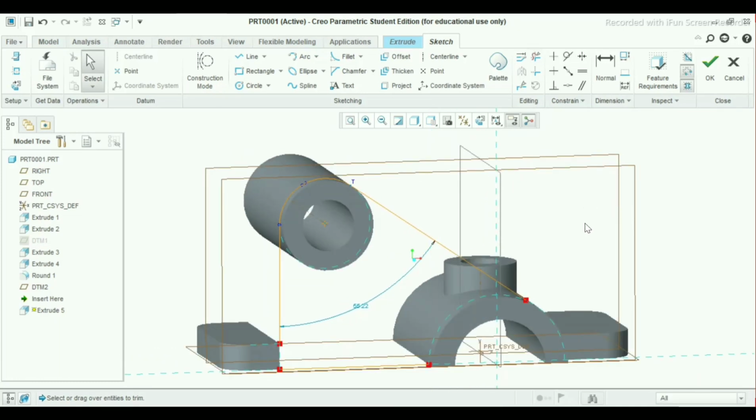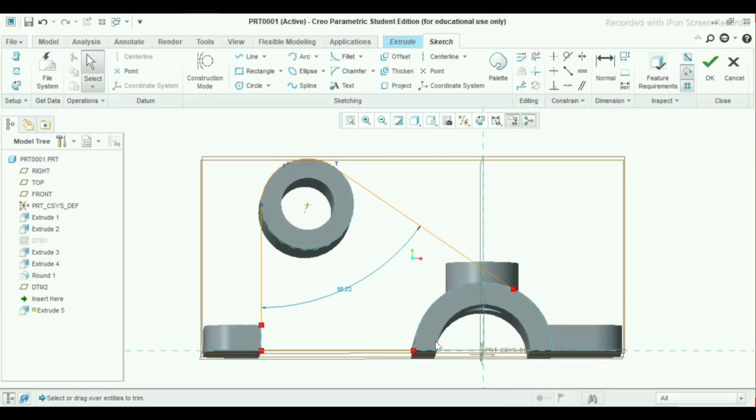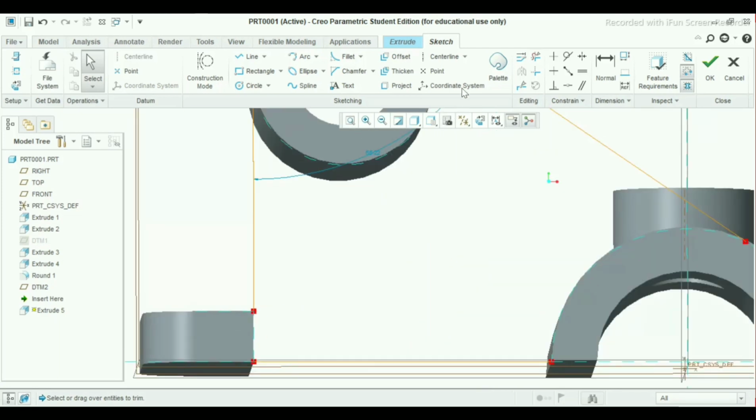Press scroll button. Here the red point shows, it means that it is remaining here. So I will fill this gap.